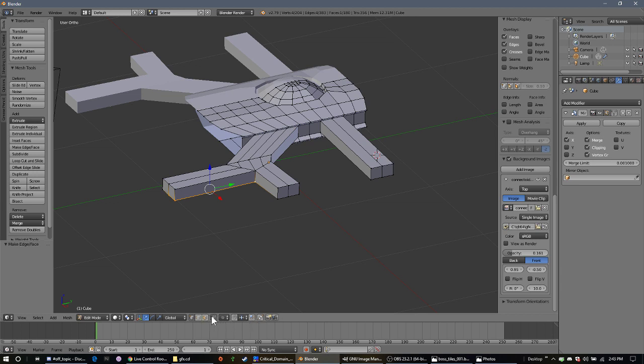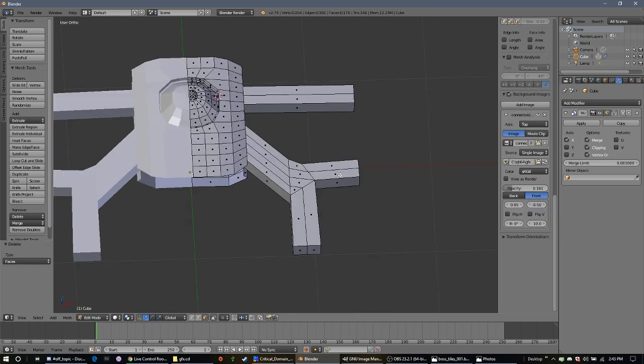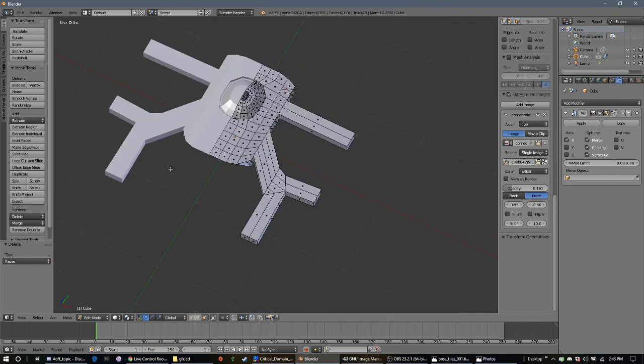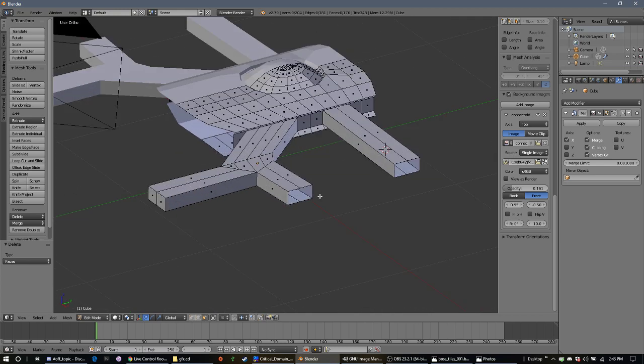Now keep in mind this is our very basic version of this guy. But I'm going to make it so that it's going to have more details, like the lasers and weaponry and stuff like that. I do want to add that on later on. But for now,